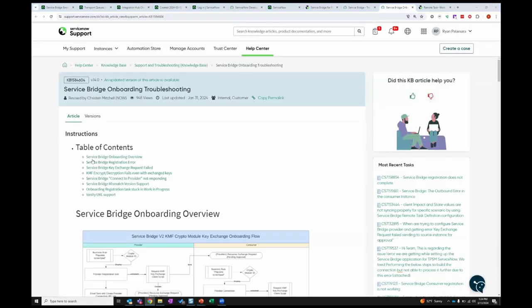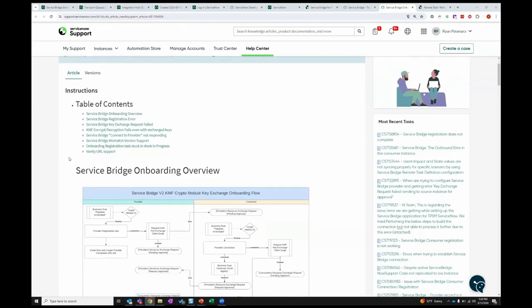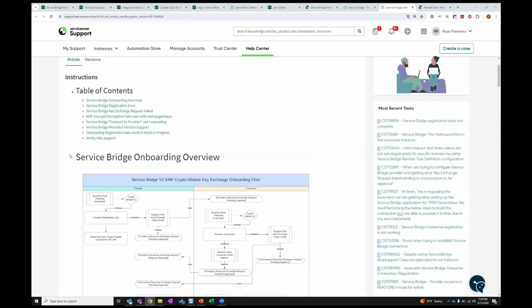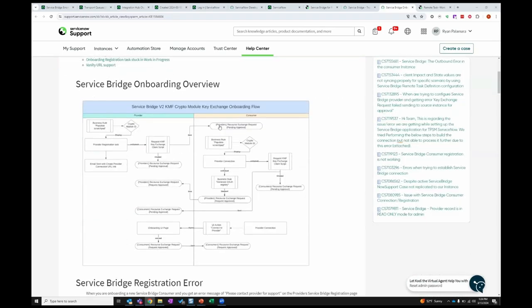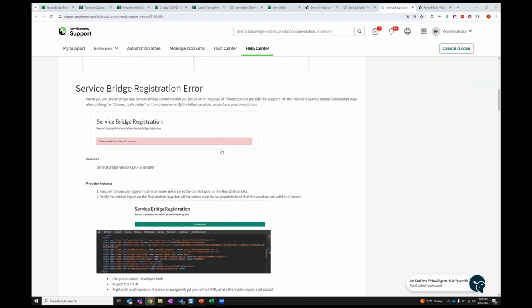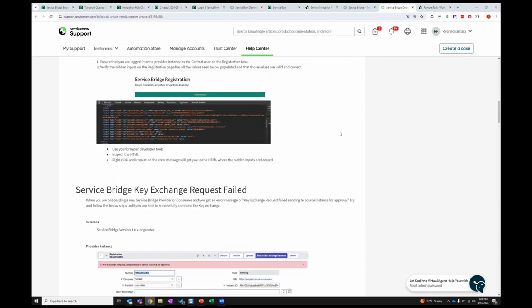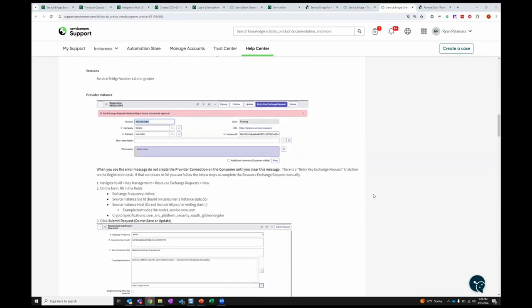This is the KB article, and it has a number of the different scenarios that we have seen where there are either issues with, or could be configuration or defects. And it has a lot of information available. This is available for both internal as well as to the customer who are logged in. It has a number of different scenarios for registration errors, for key exchange. We had in the